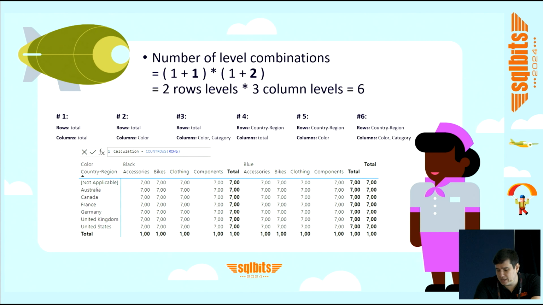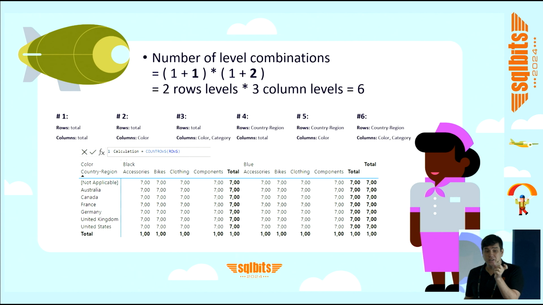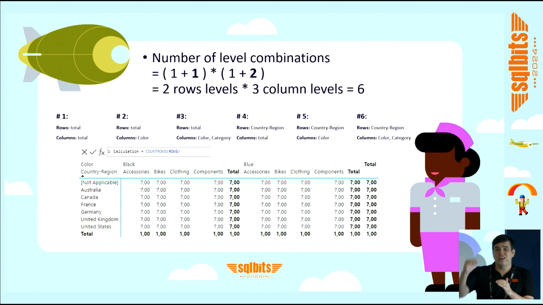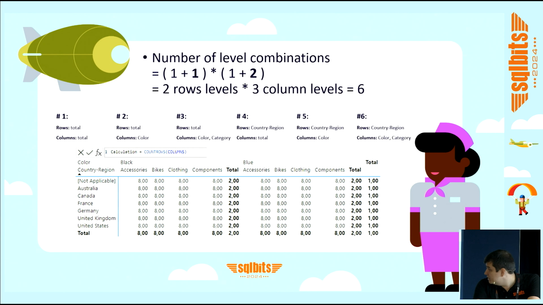I think it's gonna get more clear going forward. So if I change the calculation, I count the rows only for the rows part, we can see 7 all over the place, but in the total, which is another level for that specific axis. And we change again, count rows now, the columns reference, and we can see all the 8 for the highest granularity, which is the black and blue for every category combination, 2 for the total, this intermediate total here,